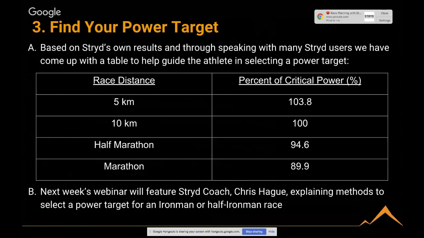So this is going to give you a great estimate. You can just go out and test immediately and see if this really is the right result for you. The important thing to note is that these power targets are purely for running races. So if you're just doing a straight up 5K or straight up 10K, you can use these